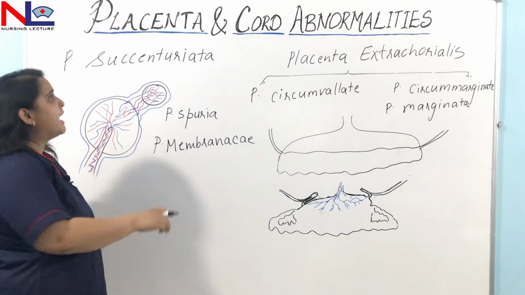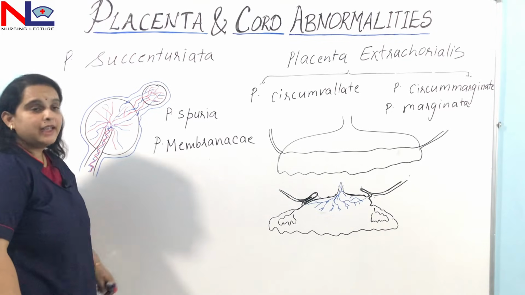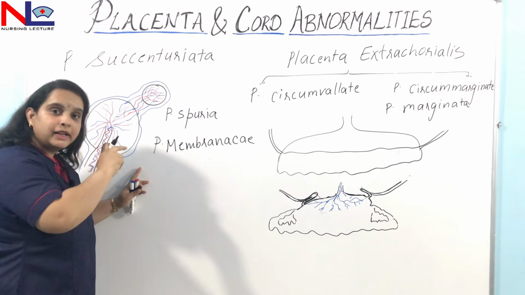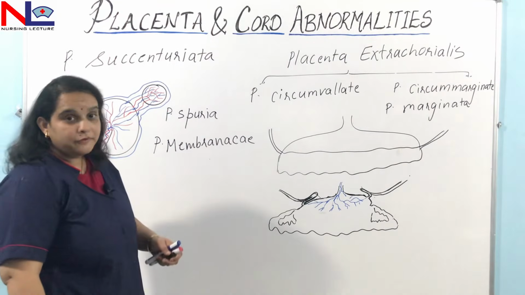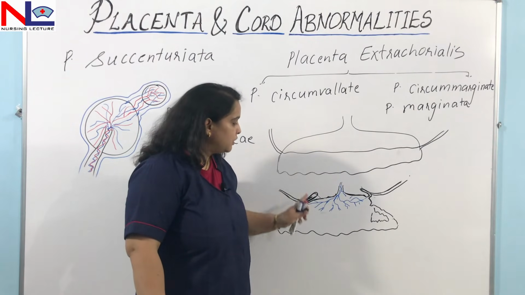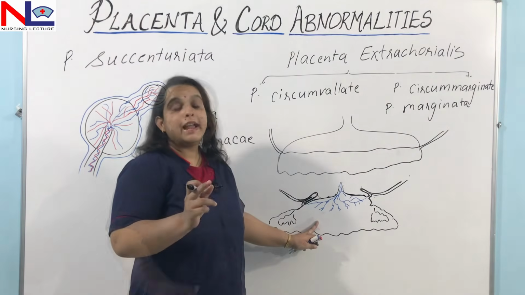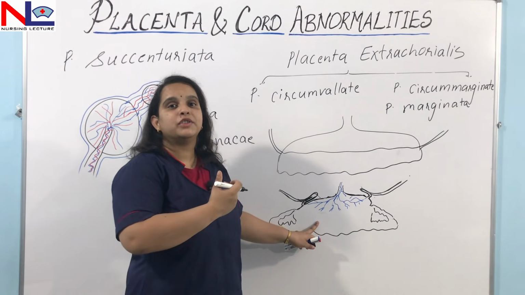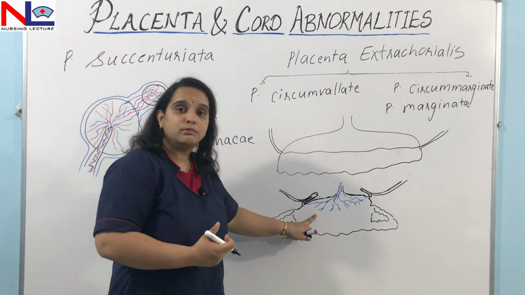in the woman. So we have seen the placenta succenturiata, that is the formation of an extra lobe. If the woman has this condition, this part may be retained inside at the time of childbirth, and that may cause PPH again. And if a woman has placenta extrachorialis, in which the chorionic plate is smaller in comparison to the basal plate, what will happen? That may lead to abortion or antepartum hemorrhage, or may cause growth retardation in the fetus, because the chorionic plate is smaller.